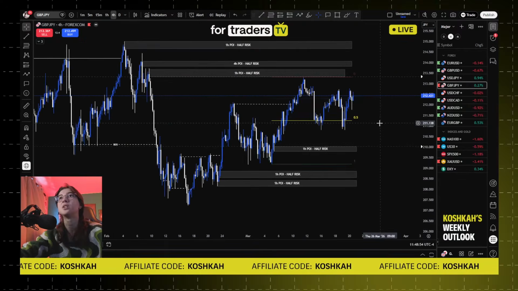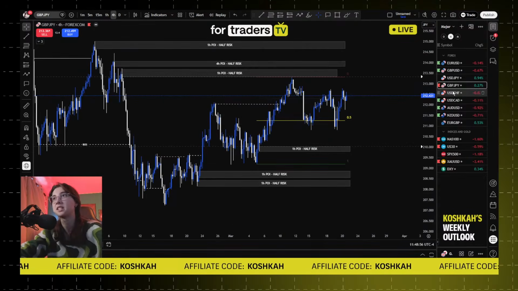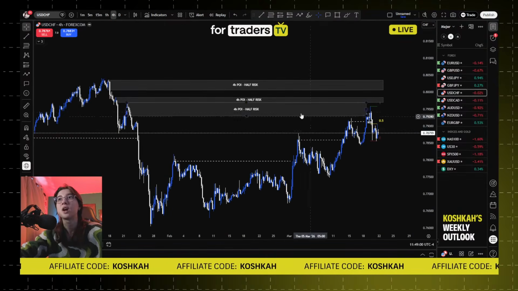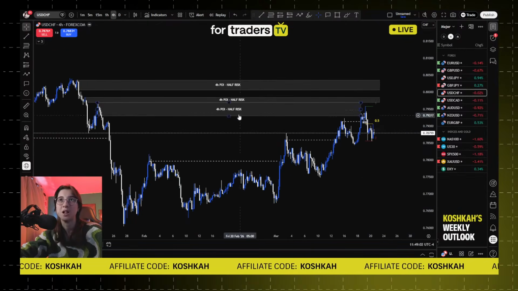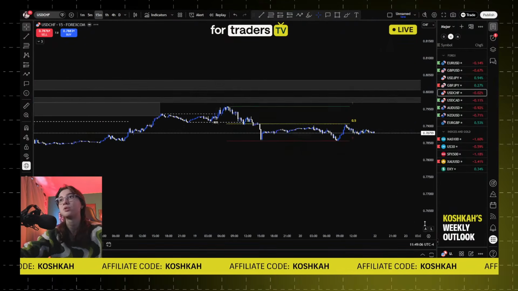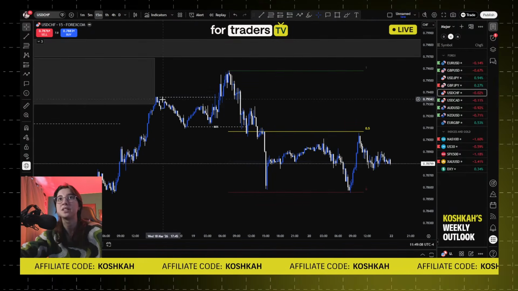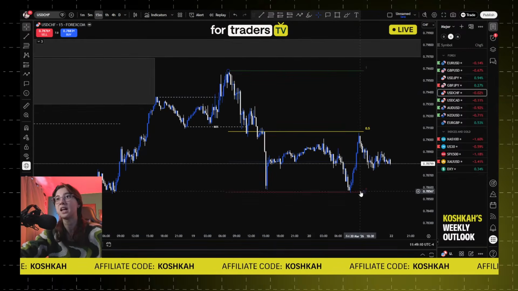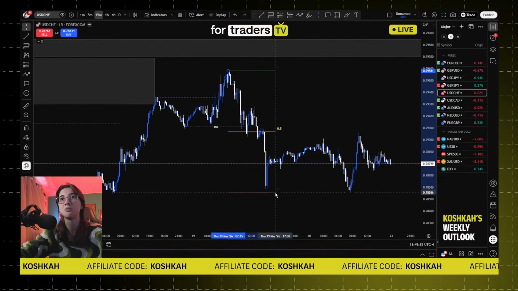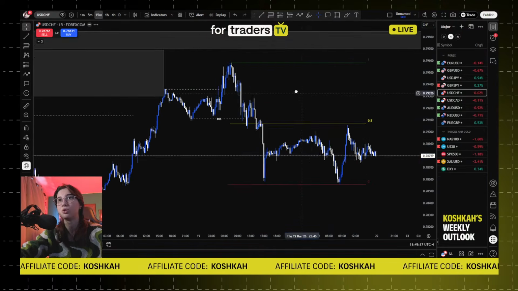GBP JPY, there is nothing else. We still have the exact same thing as in the previous week. USD CHF, we tapped into a 4-hour POI for a sell, as you can see. So this is a 4-hour POI for a sell. We tapped into it. So if you go on the 15-minute, we had the exact same thing, break of structure to the downside, and now it's time to look for an entry. So same thing, there is nothing in between. Price just pushed down, pushed down, pushed down.